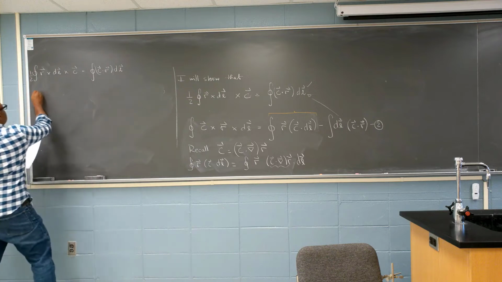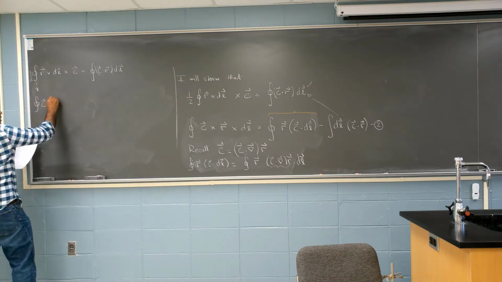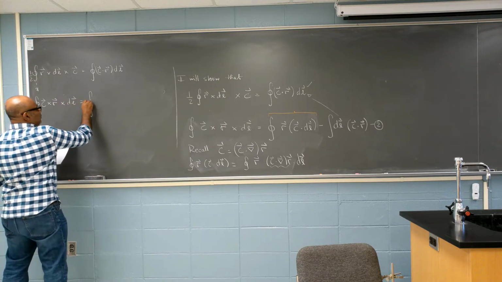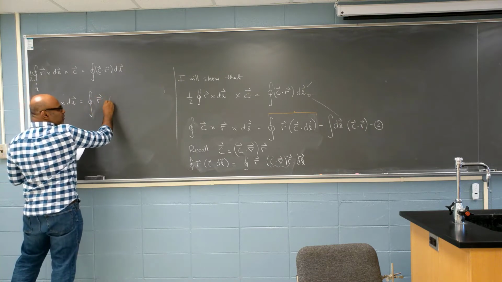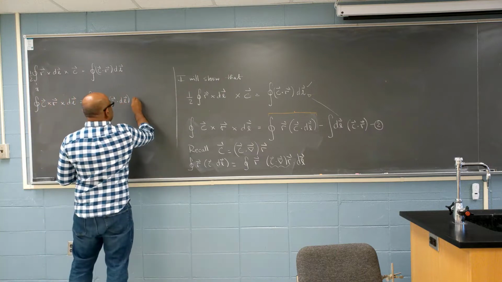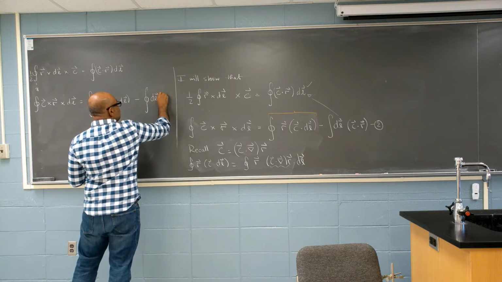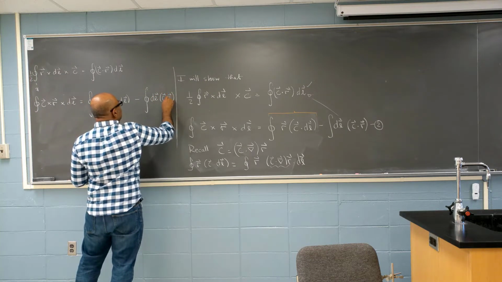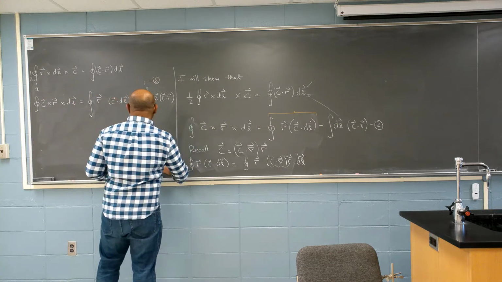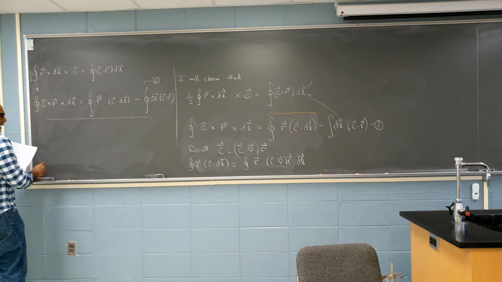We already have this, and C cross R cross dl equal to R C dot dl minus dl C dot R. And this guy I'm calling equation 2. So now I can continuously write. I'm not going to mess with this. I'm going to leave this alone for a while. So then I have